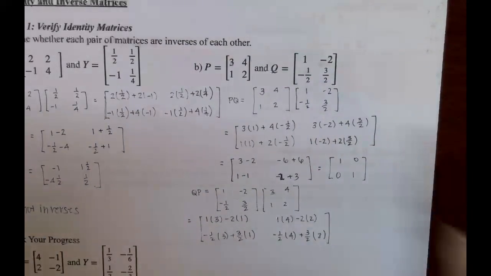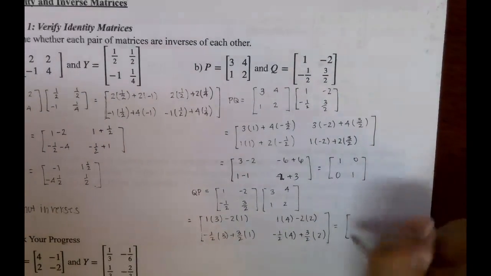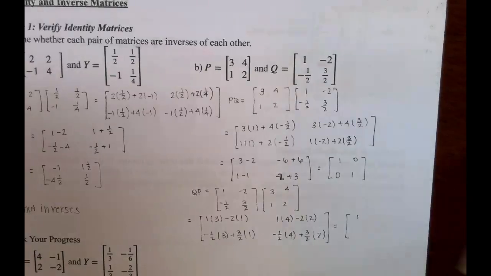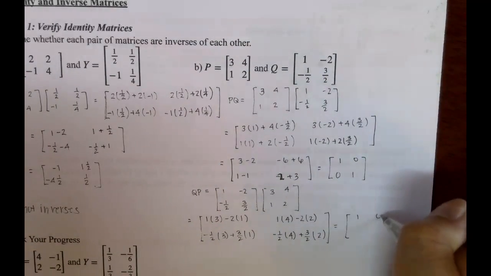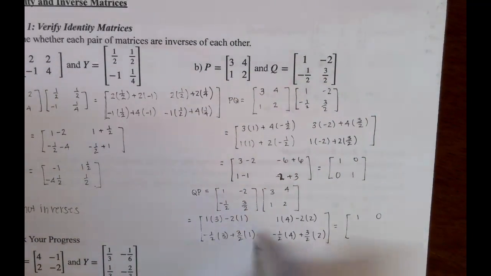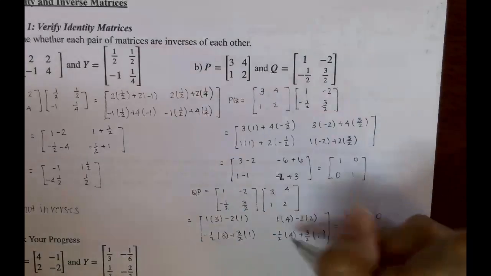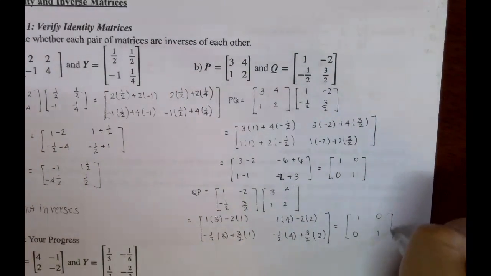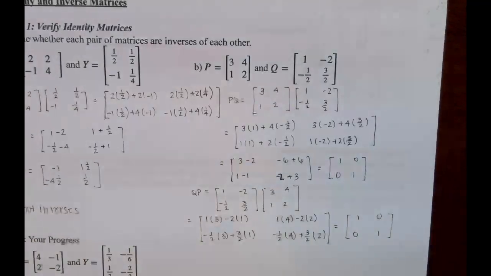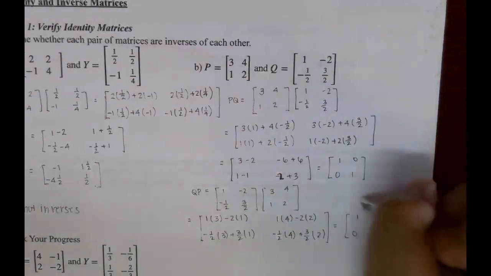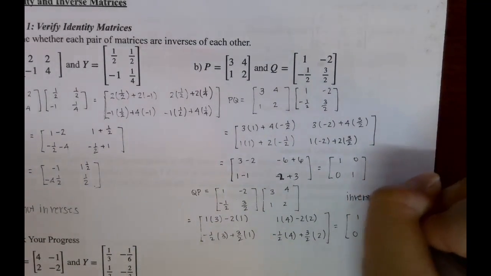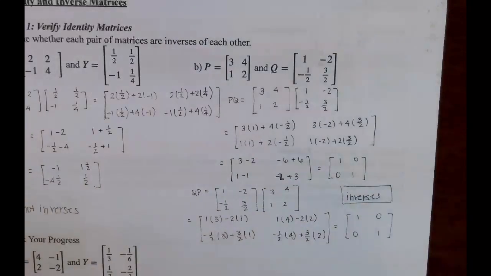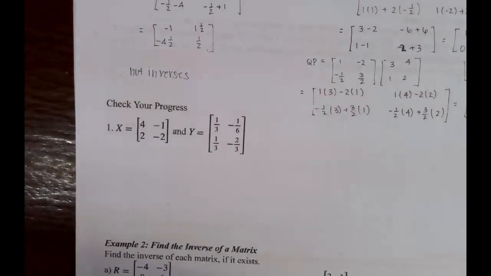Then this simplifies to be 3 minus 2, so that's 1. This is 4 minus 4, so that's 0. This is negative 3 halves plus 3 halves, so that's 0. And then this is negative 2 plus 3, which is 1. Results in the identity matrix in both cases, so they are inverses. Okay, so why don't you try Check Your Progress 1 and see if they're inverses, and come check your